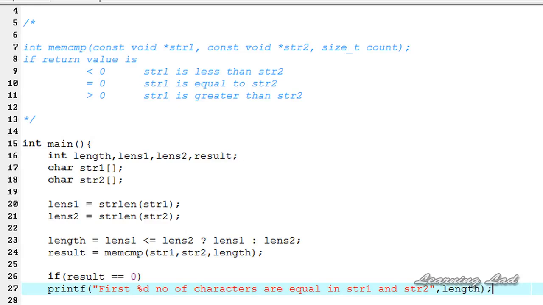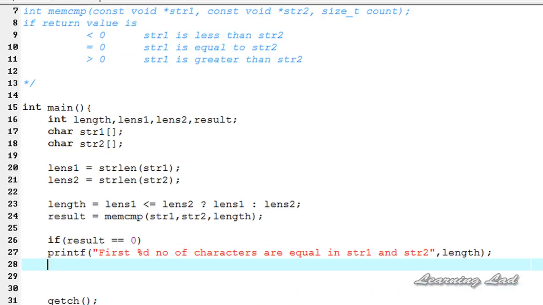And then let's say this result is not equal to 0. So when it is less than 0, it's going to mean that the array pointed to by str1 is less than the array pointed to by str2, and when it is greater than 0, it's going to mean that the array pointed to by str1 is greater than the array pointed to by str2. And in both cases, it's going to mean that the arrays pointed to by str1 and str2 do not have the characters in common. So we're going to use else